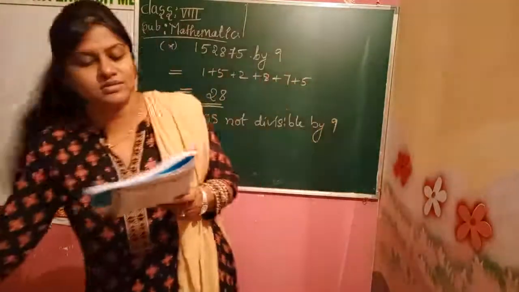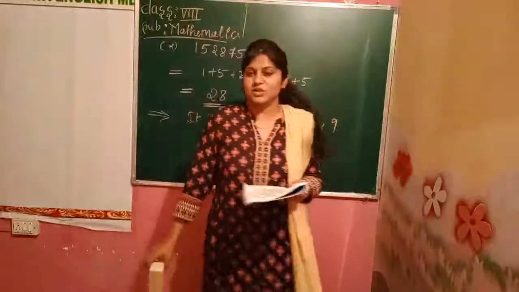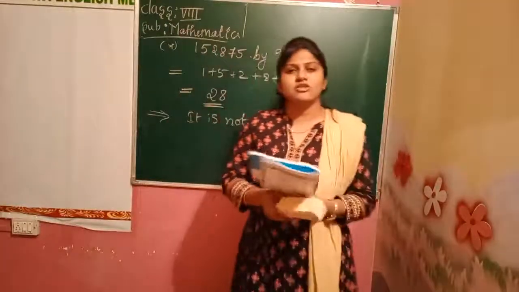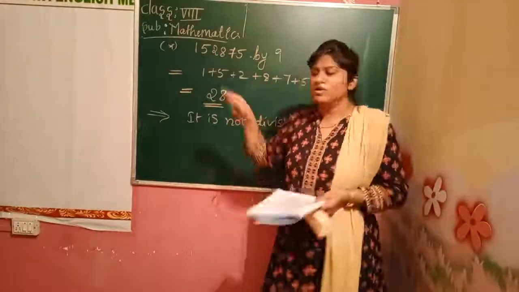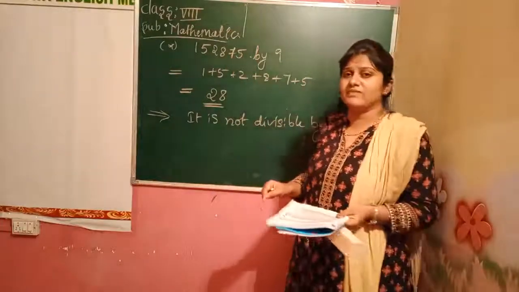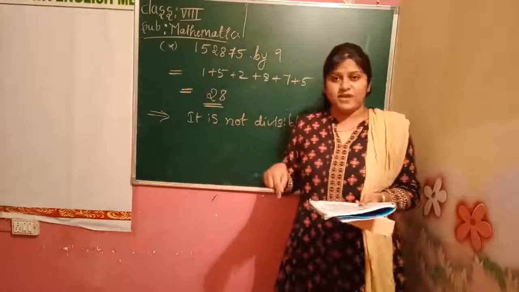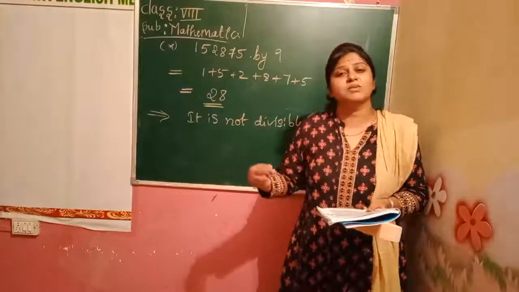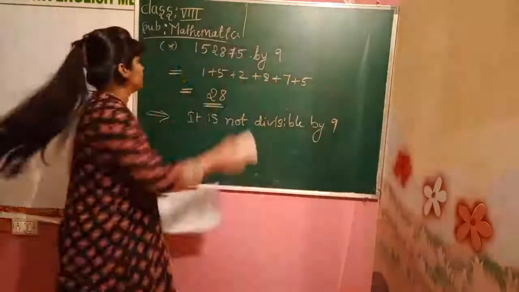We'll move on to the next sums. Now what did we do? When numbers are given like this, we check divisibility. In case there are some more examples, what do they do? They will miss one number. In that place, they will give an alphabet. We have to find that number, and after finding the number, we have to check whether it is divisible or not. We'll do that type of example now.